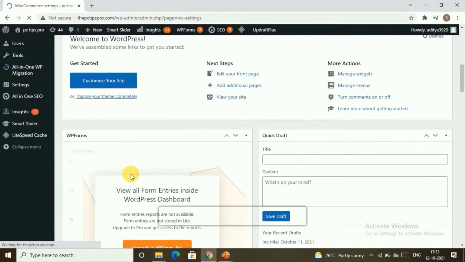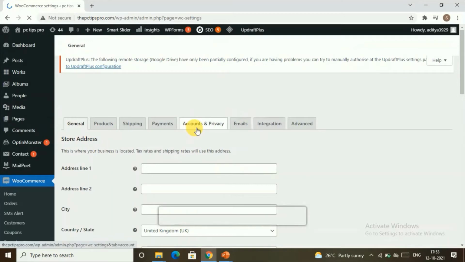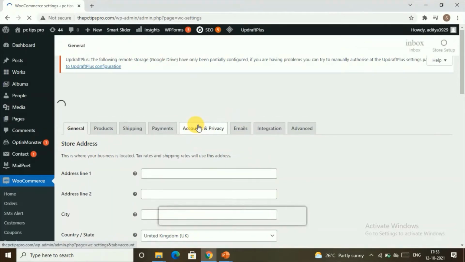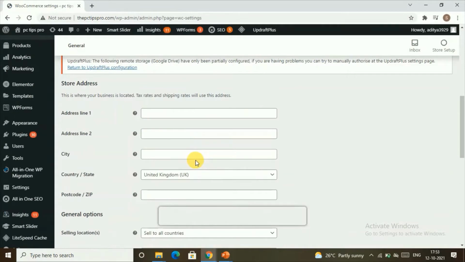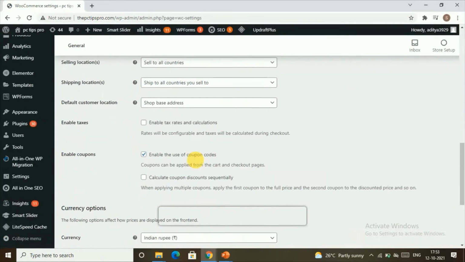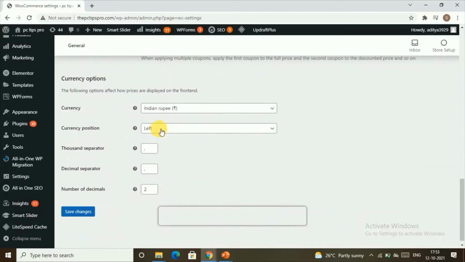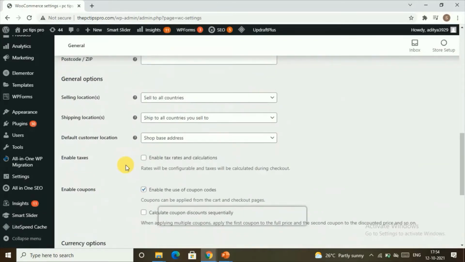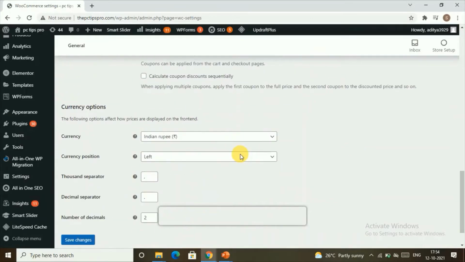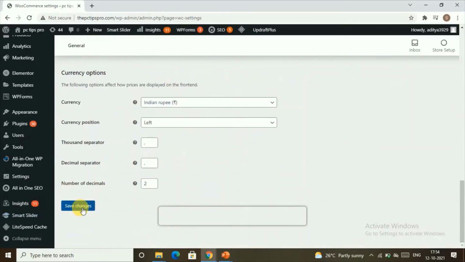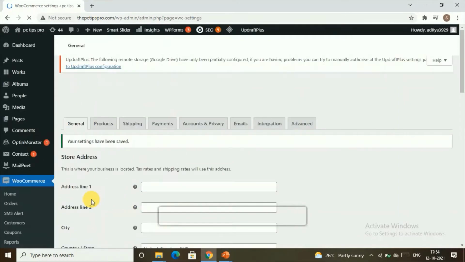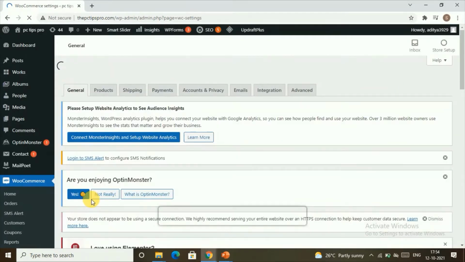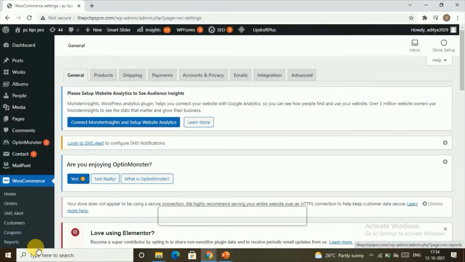Here go to the Accounts and Privacy section of your WooCommerce settings, then scroll down, and here you can find the option to enable customers to create an account. Once you create your checkout page and all, you'll get that option here. Once you're done enabling that, click on Save changes to make sure that your changes have been saved. Then let's go to step 2, that is to install a plugin in order to add our login and sign up page before the checkout.